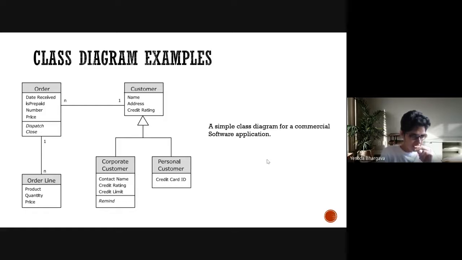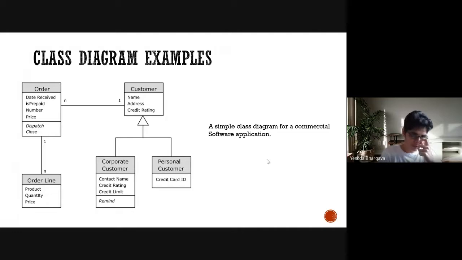So the first thing that you see here is the classes, obviously. There is an order class, there is a customer class, the order line is there. Then there are two types of customer that are shown: a corporate customer and a personal customer. Now, the thing to remember is how did they really arrive at the identification of these classes for a